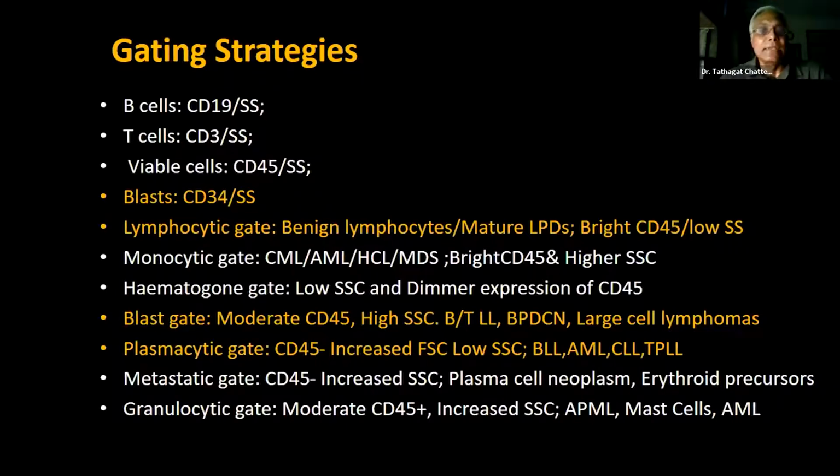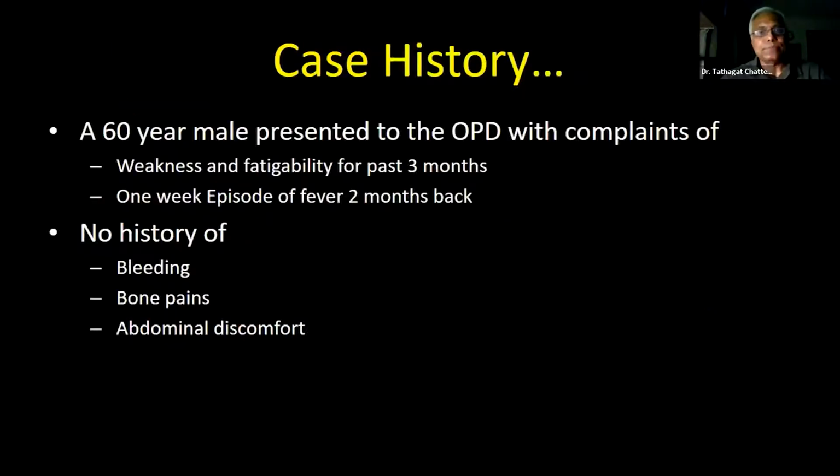high SSC. The hematogone gate will give you a low side scatter and a dimmer expression of CD45. The blast gate will give you a moderate CD45, high side scatter, T lymphoblastic lymphoma, and large cell lymphomas. The plasmacytic gate will have negativity for CD45 with increased forward scatter and low side scatter. Of course, you have a metastatic gate and a granulocytic gate and so on. So with this basic background, let me tell you a few cases, of which the first case is a long